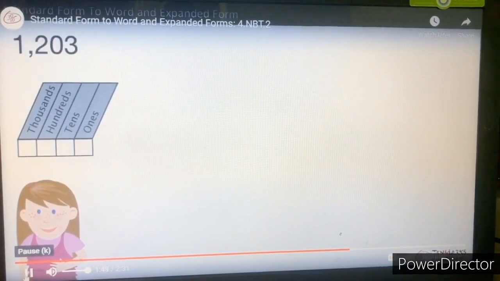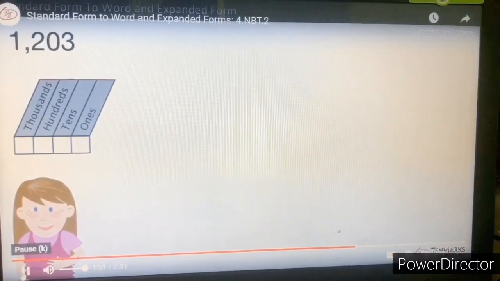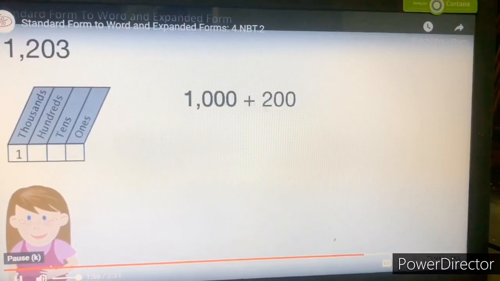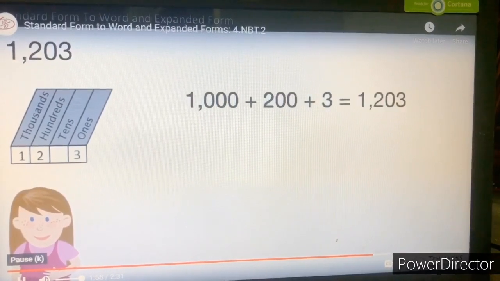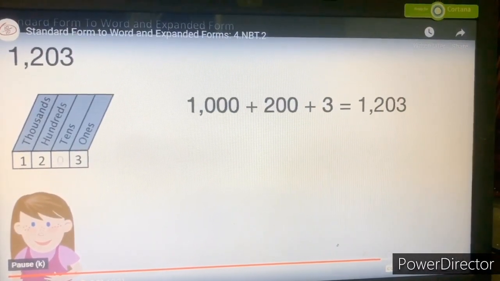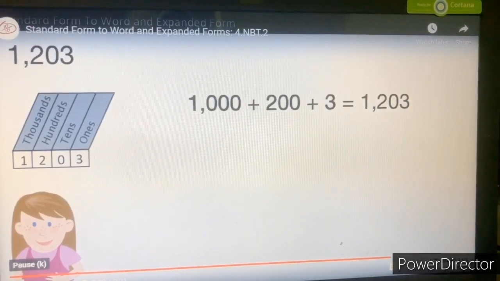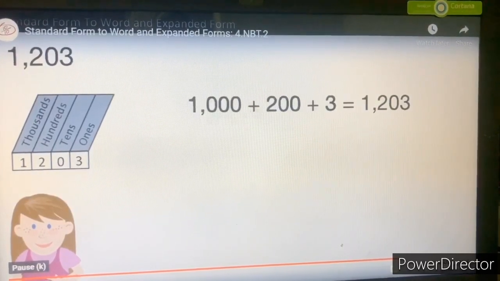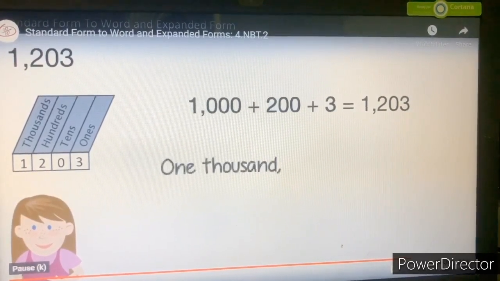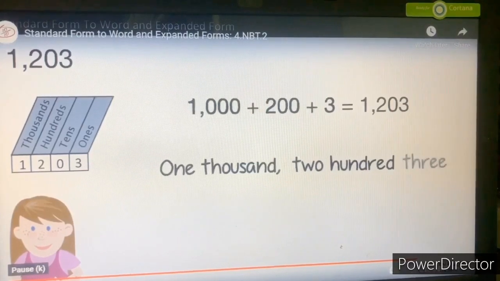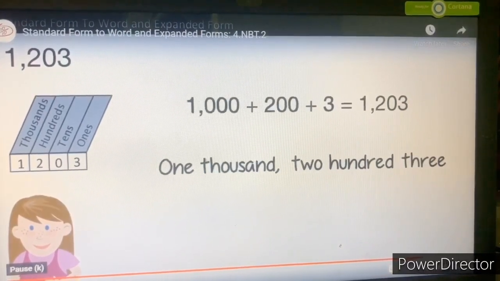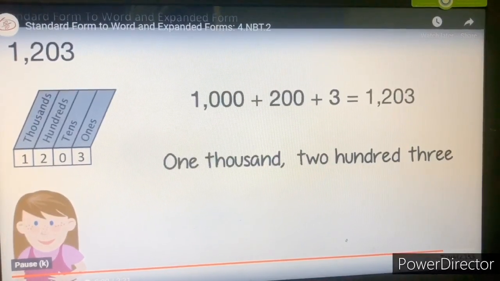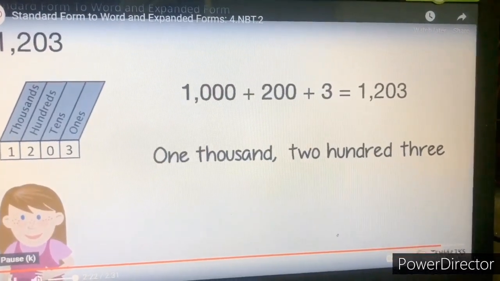Let's look at what happens when a number in standard form has a 0. 1,203 has 1,000, 2 hundreds, and 3 ones. Notice there are no tens. We do not need to include the 0 when you write it in word form. You also don't need to include the 0 in expanded form. Just write 1,203, not 1,203. In this lesson, you learn 2 different ways to express a number in standard form using word and using